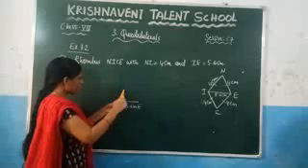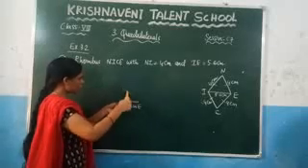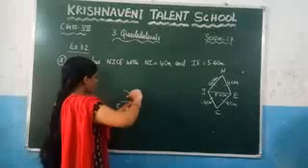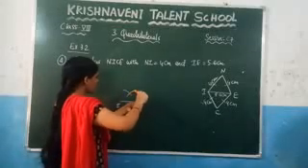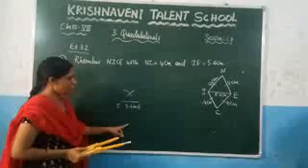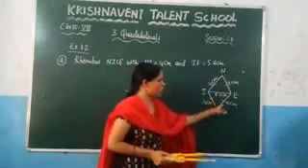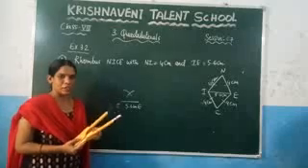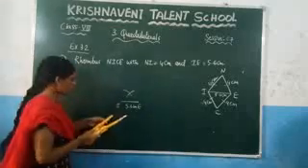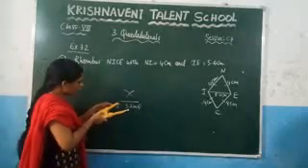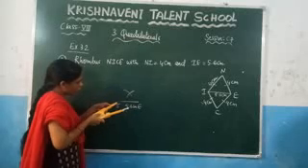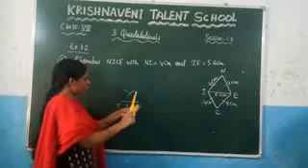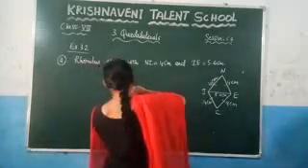So here at this vertex draw an arc of 4 centimeters, and similarly here at this point draw an arc of 4 centimeters. Right? And you know that here also it is having 4 and it is having 4 again. I am not changing this radius because you know that this is the length of 4 centimeters. So here at this point draw an arc of 4 centimeters, and similarly at this point draw an arc of 4 centimeters.